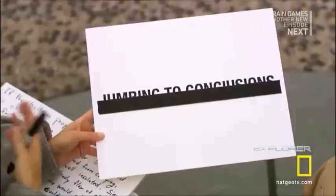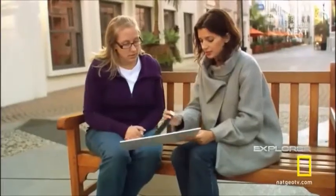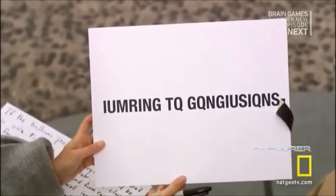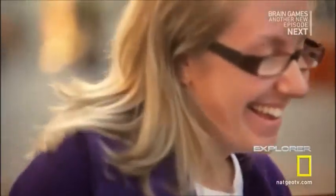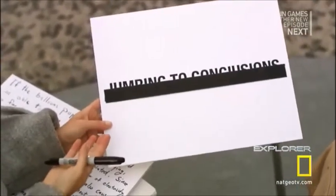Illusions help us see how much work our brain has to do to create the sensory experience that we have. Our brain is really good at working with limited information to try to understand what might be out there. Of course, sometimes it makes mistakes. Obviously, there's no reason you would have guessed that many of the letters here were actually other letters. This trick shows just how efficient your brain is at finding meaning in the lines and squiggles we call